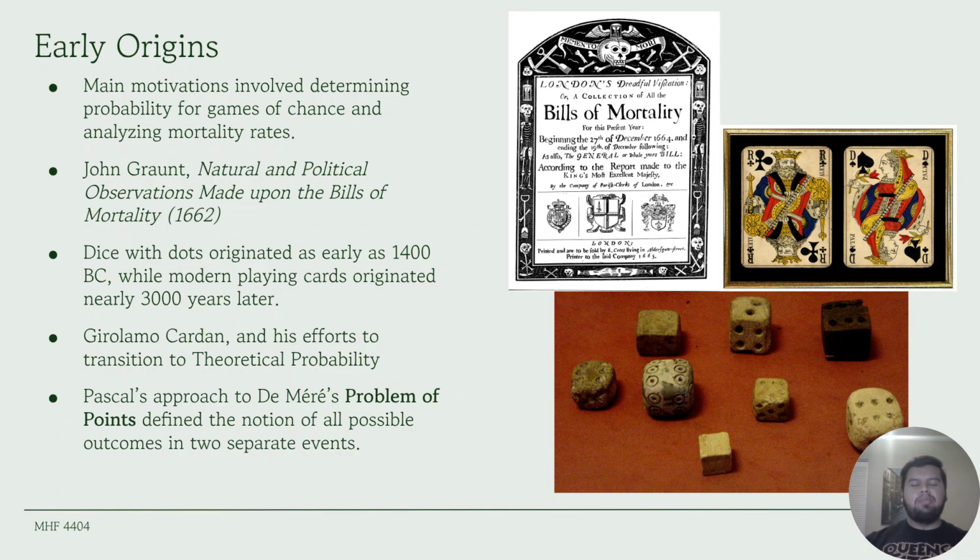So, kind of using that talking point to transition, it was with London merchant John Grant and his collection of data from the bills of mortality that we started to make our first inferences on empirical data. The idea of gathering, collecting data is not a new phenomenon at this point, but this is the first time that it's gathered, and we're able to start making points or recognize patterns within them.